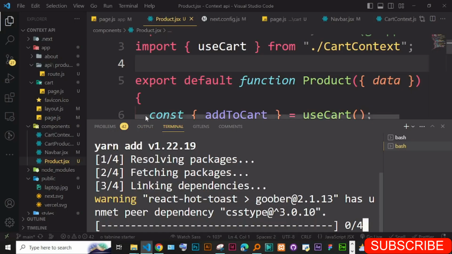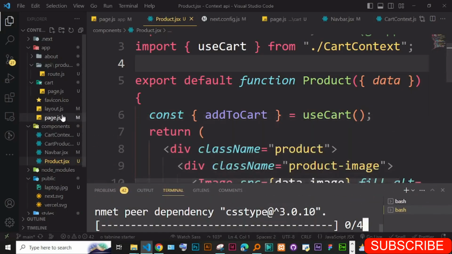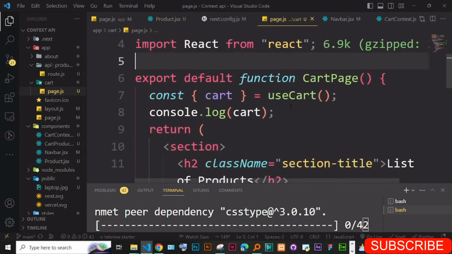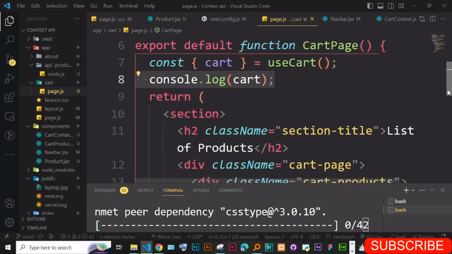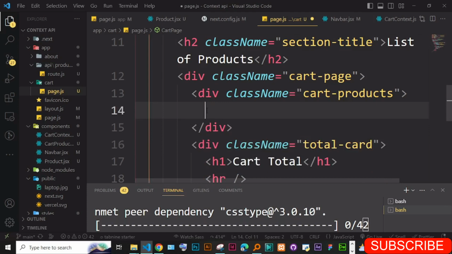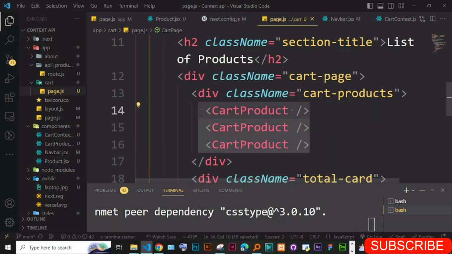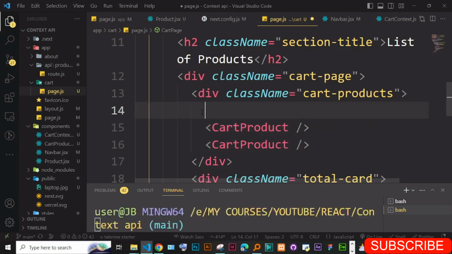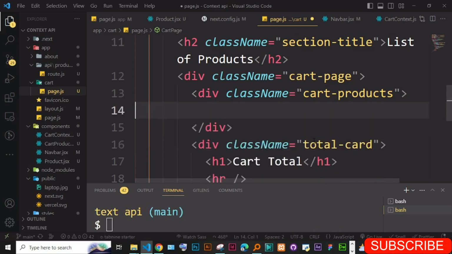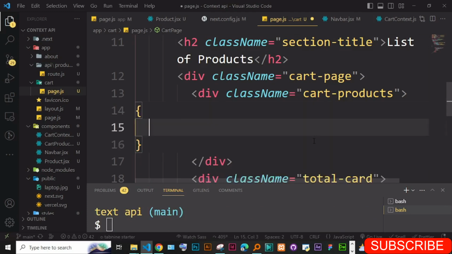I can just go to the cart. I'll be mapping through them. So to the cart page here, instead of consoling the cart, we can just have these products, and let me map them here. Sorry, I need one of the products. Okay, just cut this one and remove these ones, just like that. So I'm going to map, actually cart dot map,